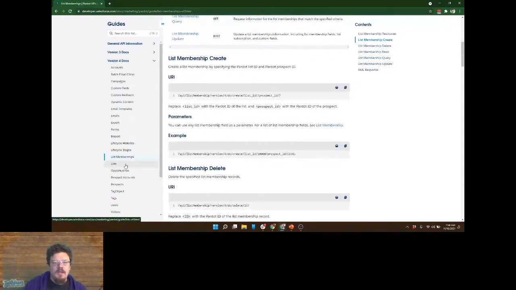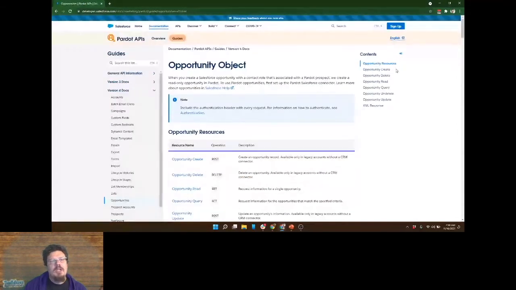Opportunities. This gets into where the API documentation is old. If we look at opportunities, we see that we can create, delete opportunities. This is no longer true. This was capability from back in 2012, 2013, before Salesforce bought Pardot. Pardot used to be able to connect to NetSuite, Sugar CRM, or even standalone. It's no longer the case.